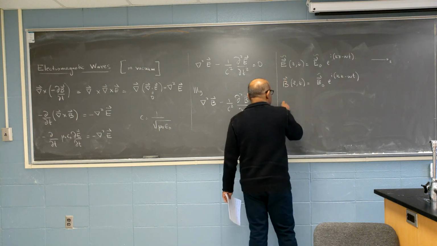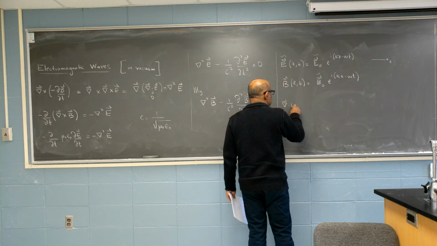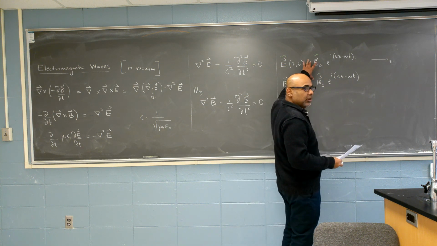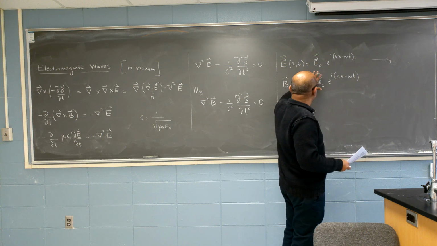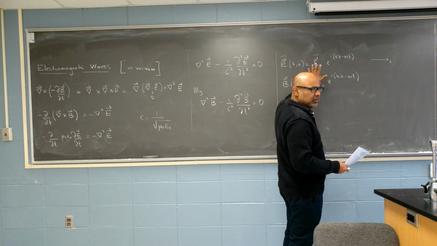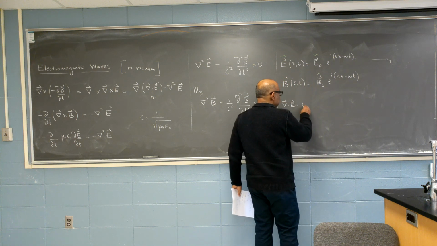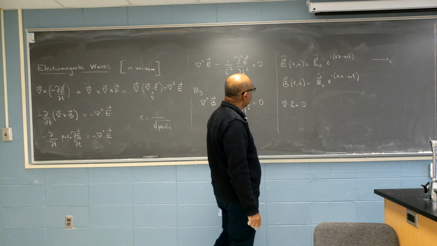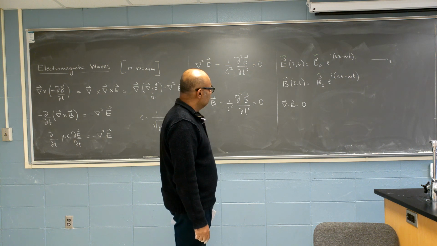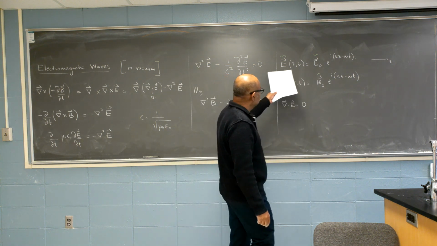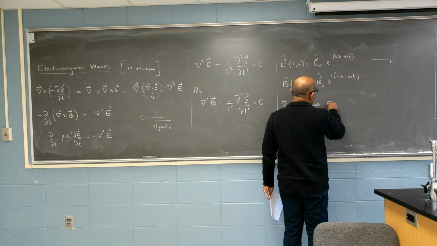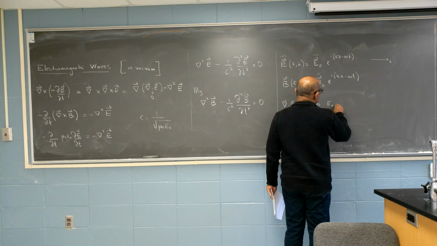Divergence of E. So this is what I mean by, there are some restrictions on E0 and B0. The way we have written this, E and B are not related to each other at all. That's not true. Divergence of E is 0. What is the divergence of E? Easy vector to take, implies E0z